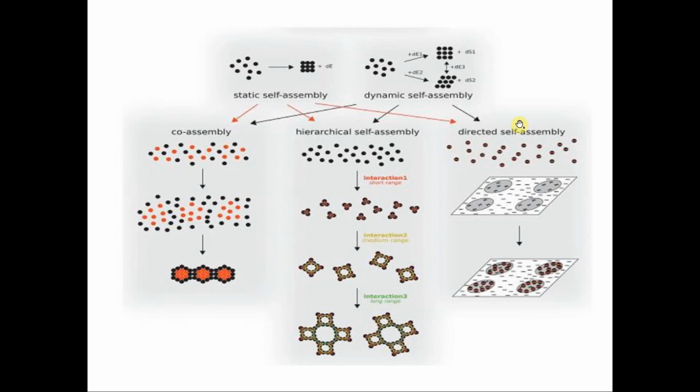Next, the last one is directed self-assembly. So what you have is many atoms, and then you consider a mask, a pattern here. All these oval shapes are masked, and these atoms are going to settle down on these mask patterns. So it becomes like this. This is the last stage. Actually, in some sense, you can say that if these atoms have to come and settle down on these mask patterns, it cannot happen on its own. There has to be some external force acting on it.